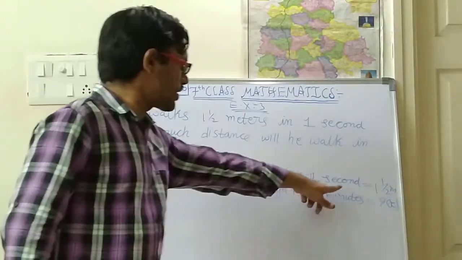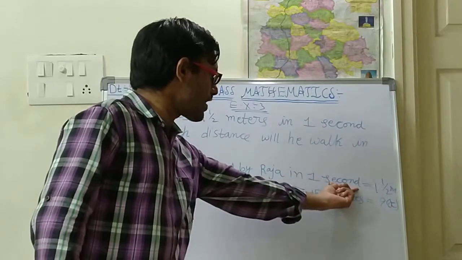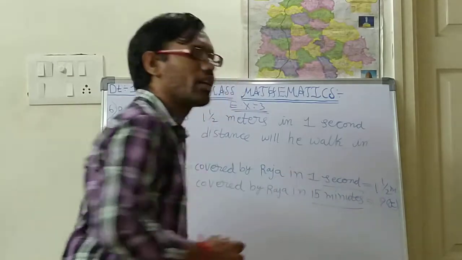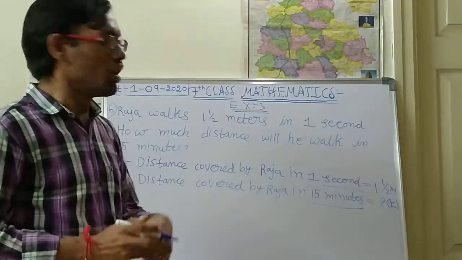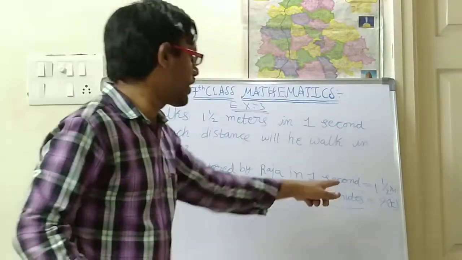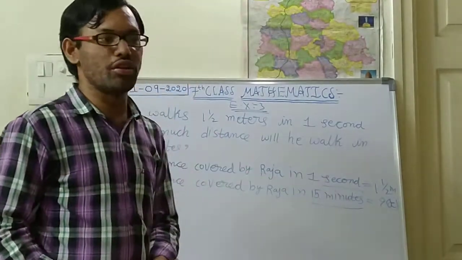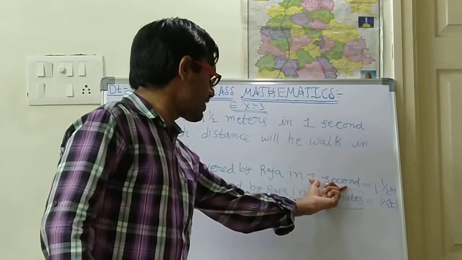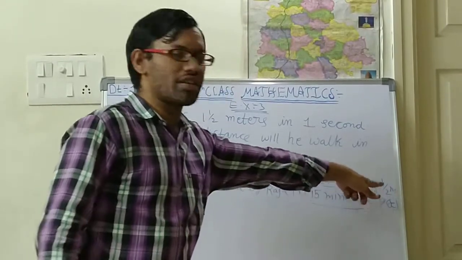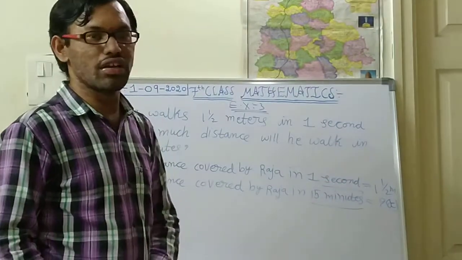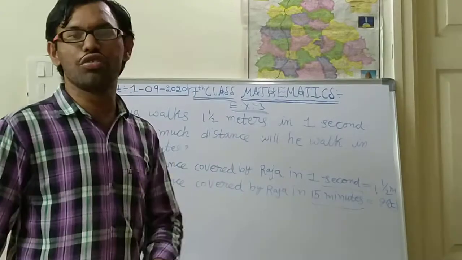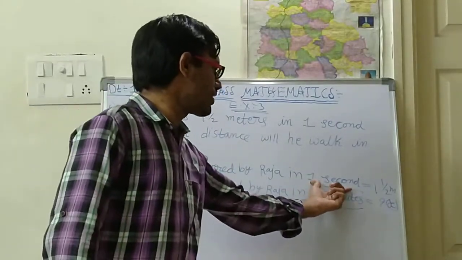First, here see these two units. So 1 second is one unit, here 15 minutes is another. That means these two are different units. So first of all, we should make these two into the same units. That means here it was given in seconds. So in 1 second that person is walking 1.5 meters. So every time you should follow the unitary method. So this one is correct only.